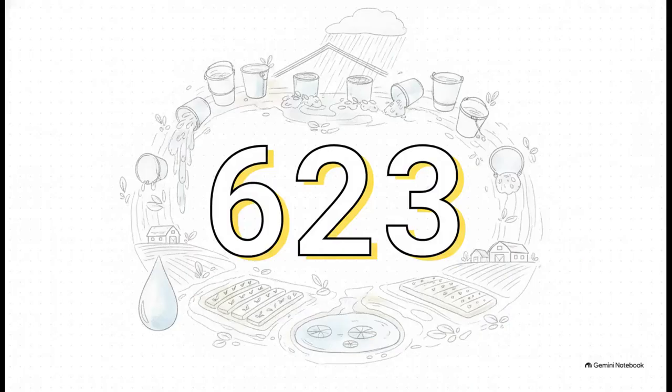To truly understand the scale of what we're talking about, just take a look at this number. A single inch of rain falling on a standard 1,000 square foot roof yields a staggering 623 gallons of water. That is quite literally free energy, just waiting to be harvested. Imagine scaling that up to an entire property, or even a whole farm. We aren't just talking about a few puddles here. We're talking about tens of thousands of gallons of water that conventional designs usually just funnel away as fast as